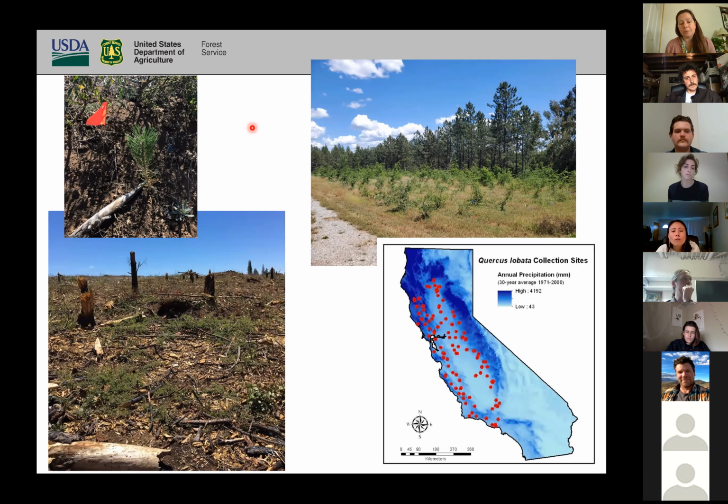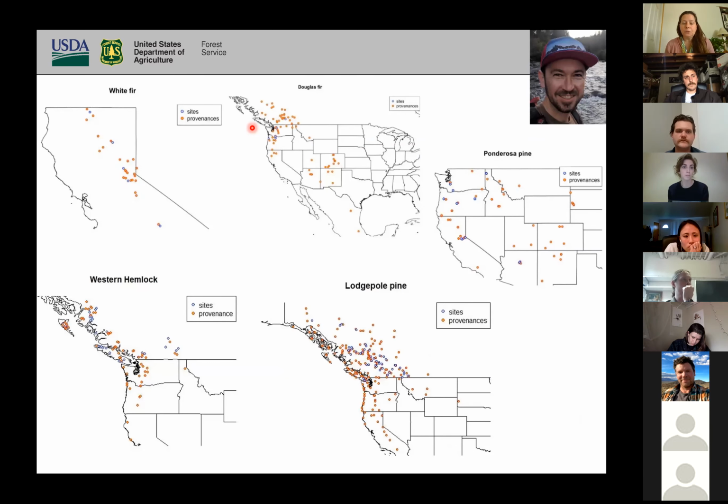And we're going to be setting up a replicate of this, or a similar test to this, on the Campfire at that picture I first showed on my first slide. So planting trees from different sources and different climates into the same environment and seeing how they do. So Joe has been gathering up a ton of provenance test data from all across the Western United States and